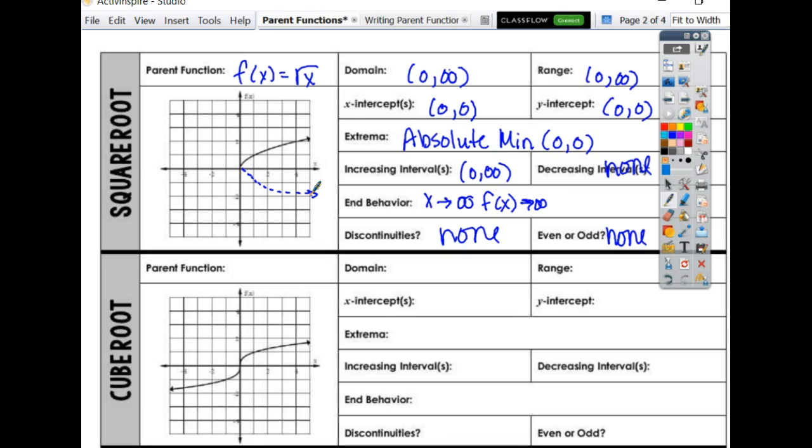Because we can't take the square root of a negative, right? So I can't have any negative x's, which means the function will never be negative. And also, we've restricted the domain and range, so we don't have any negative. So that's why it's not there. We restricted it. Okay, so if I was going to transform this,